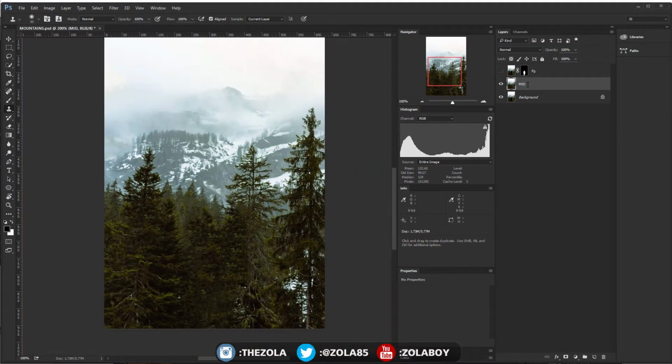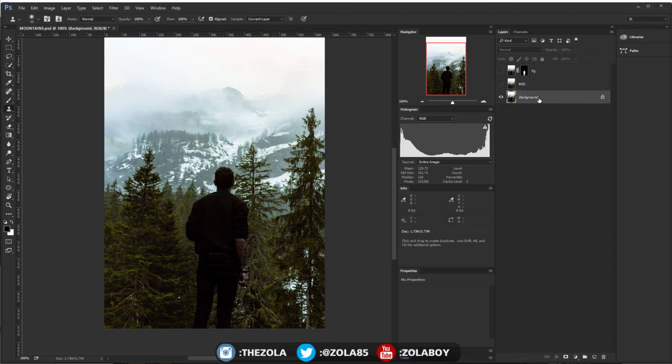Now the problem is I need to separate the trees from the background, but first what I'm going to do is do the background. So I'm going to duplicate that again and do BG, completely different type of background. So what we're going to do here is just try and get rid of the trees, and then maybe like clone a bit more of these mountains. So again, let's see what content aware can do.